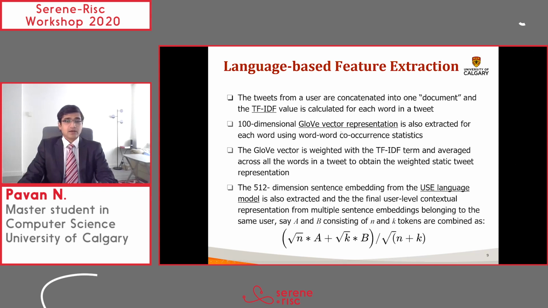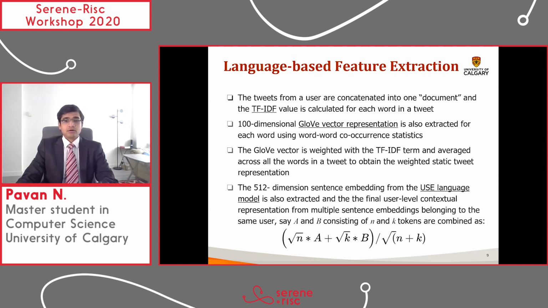So we use the weighted representation of TF-IDF, which captures the frequency along with the co-occurrence. So the most important or most descriptive terms within a tweet are given more weight, and their distributed representation is used to calculate the vector representation of a single tweet. So we can take the word representation across the tweet and then find the mean across all the words to get the